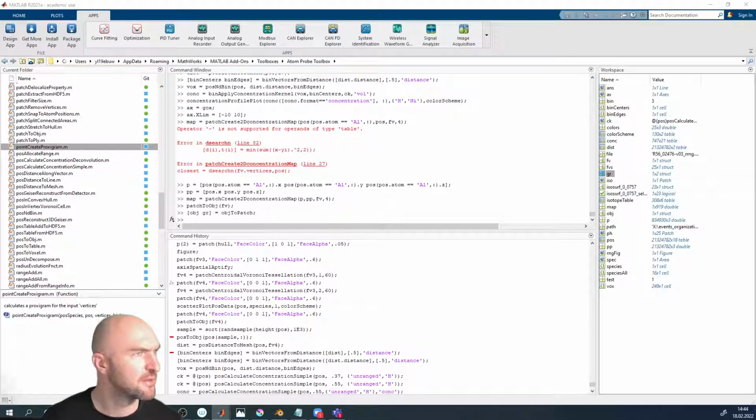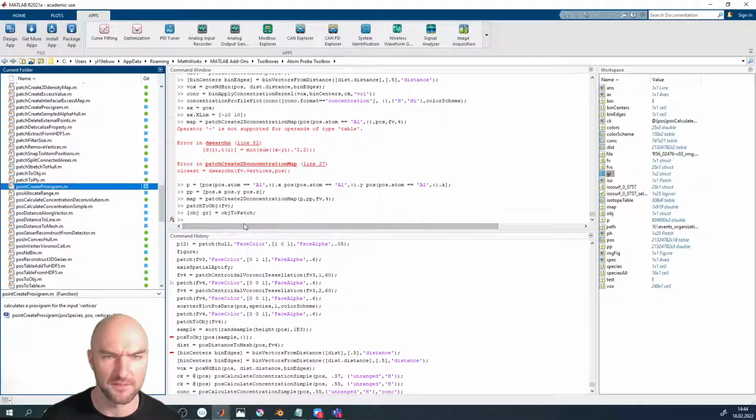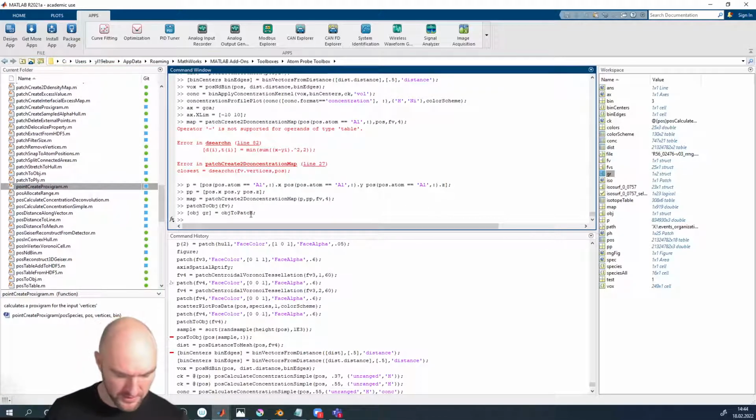Is that the right one? No. Oh, here we've actually implemented it. That is a little bit unfortunate. Okay, so essentially